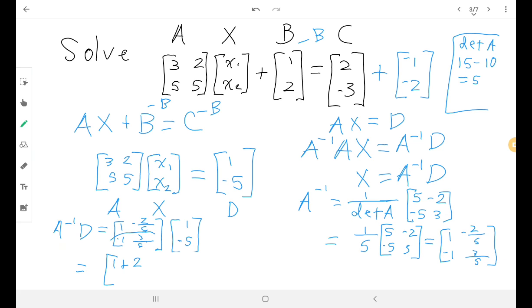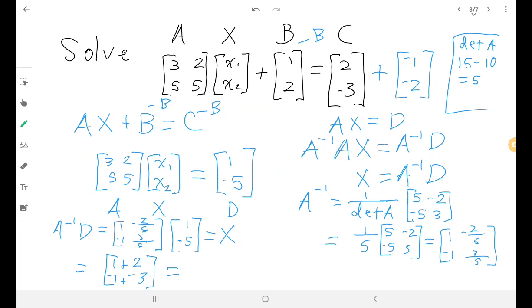And then second row, it's the same thing. Second row times the column. Matching elements, add them together. So negative 1 times 1 is negative 1, plus 3/5 times negative 5, positive times a negative is a negative, and 3 times 5 over 5, 5 over 5 is 1, so 3 times 1 is 3, so we get negative 3, and so I get my matrix,